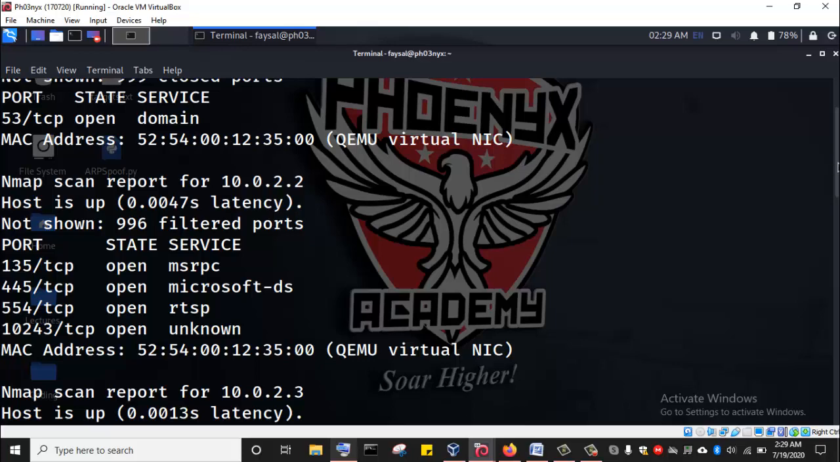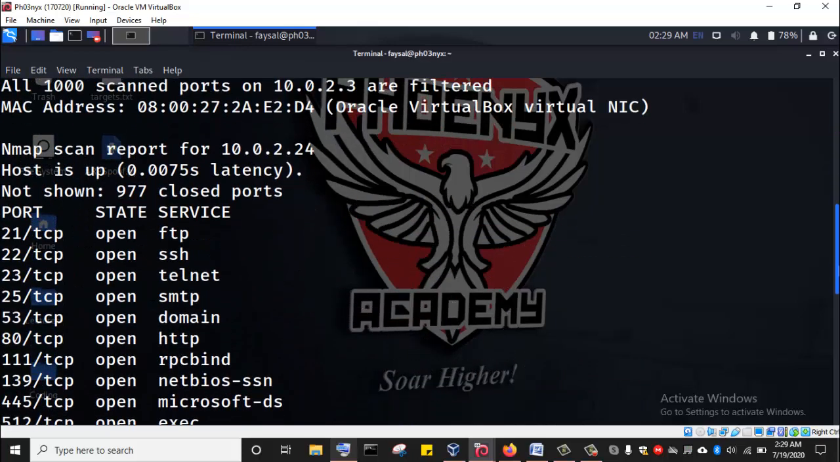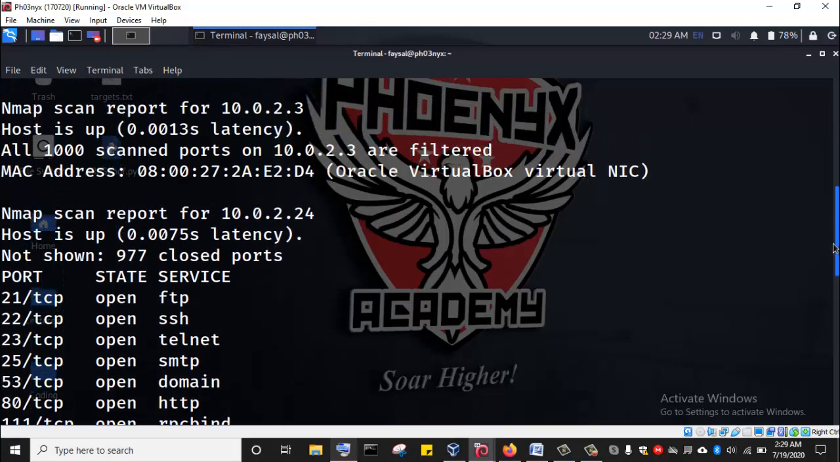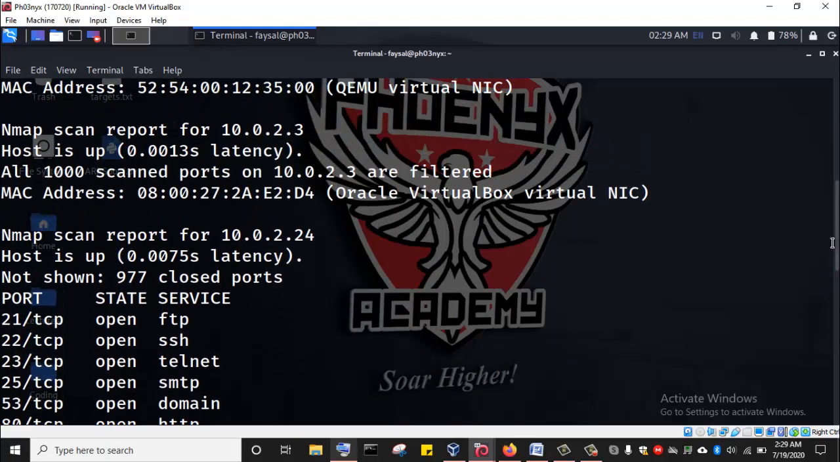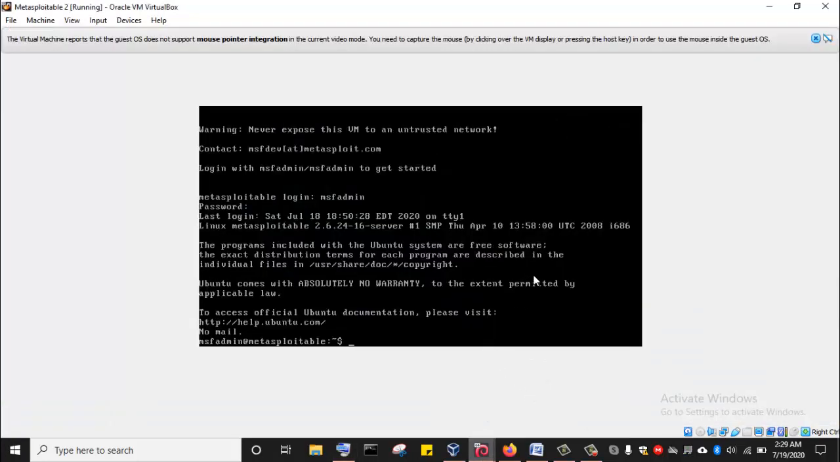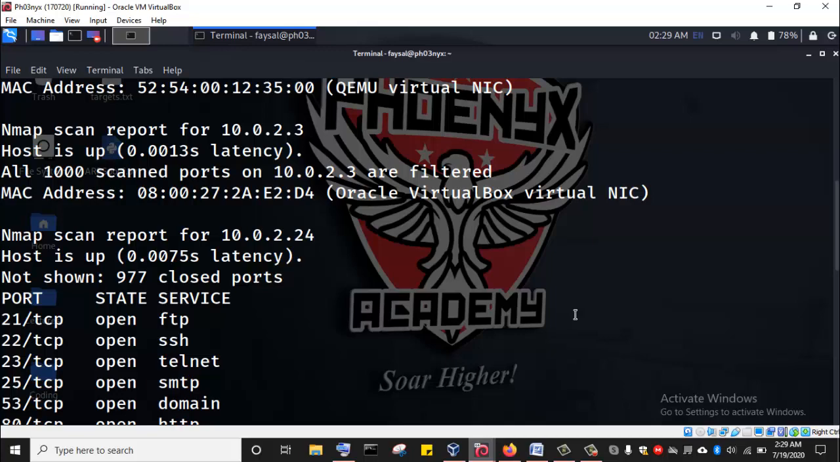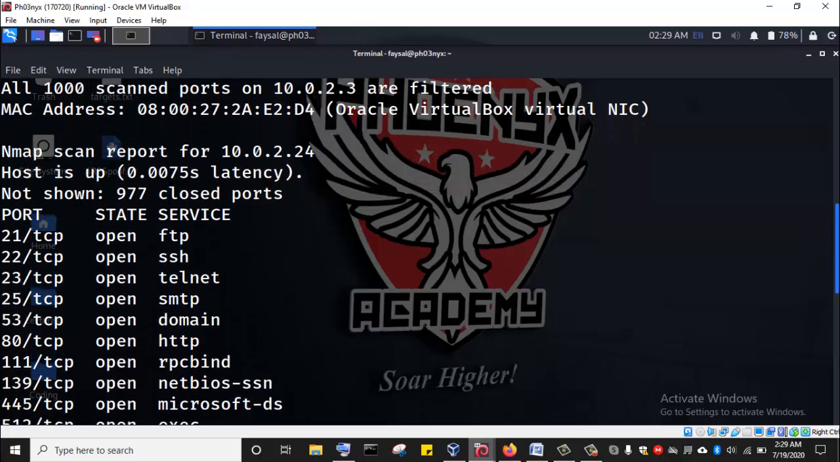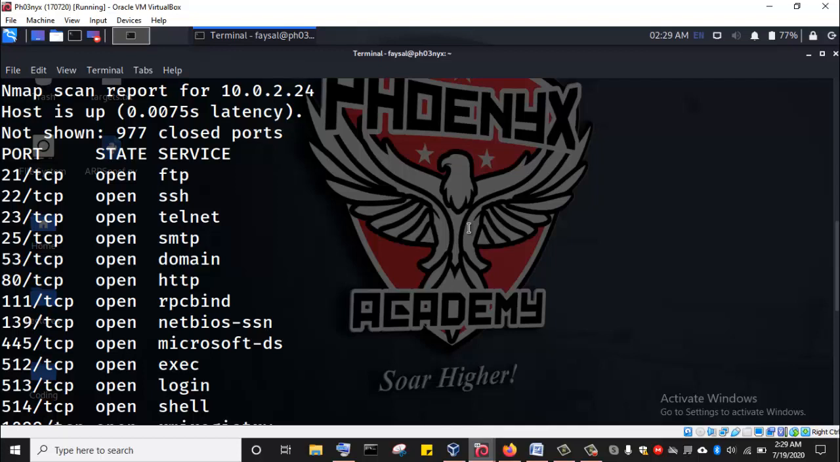And then next we have the other host, and then most importantly we have 10.0.2.24, which is the Metasploitable machine that I booted so that we can scan it and see how Nmap works. So basically this is the Metasploitable machine that is attached to this network, IP address 10.0.2.24, and these are the ports, the states of the ports, and the services that are running on those ports. So we have port 21, 22, 23, 25, 53, port 80, and these are all the ports that are open